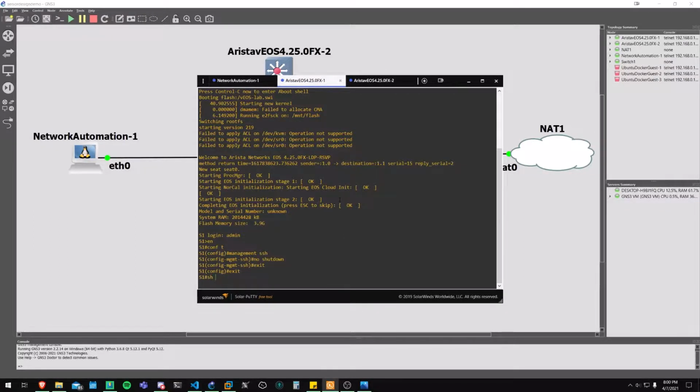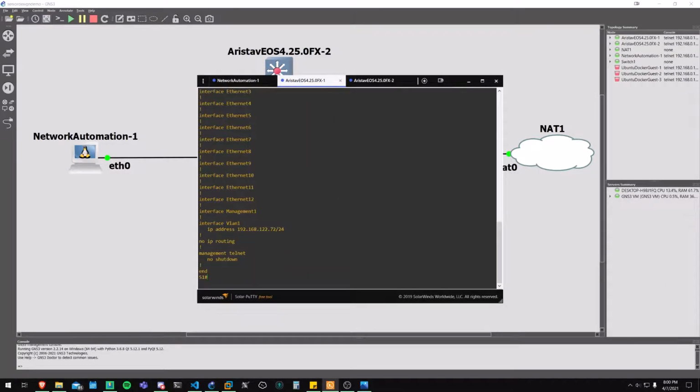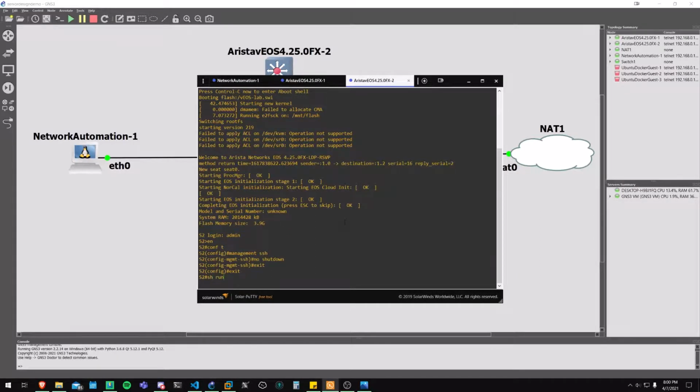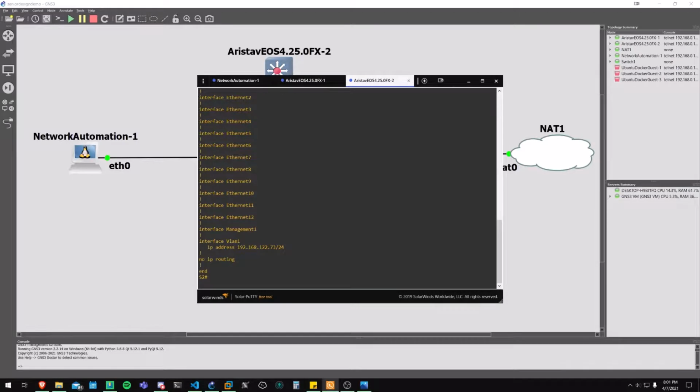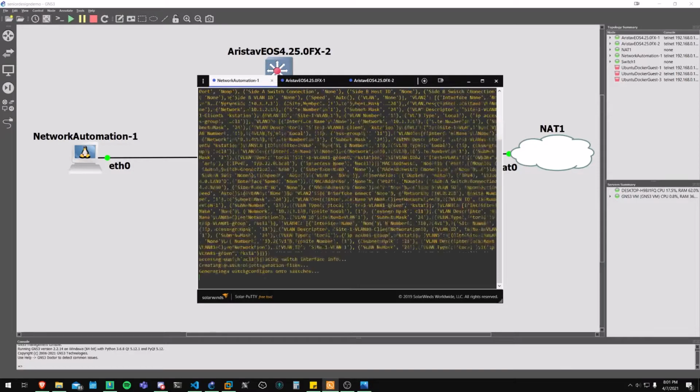So if I do a show run, you can see all that's configured is one VLAN on this switch, and then one VLAN on this switch. So to run our code, we do python3 network config.py, and then we pass in the input XML from the Cameo model. Then if I run that,